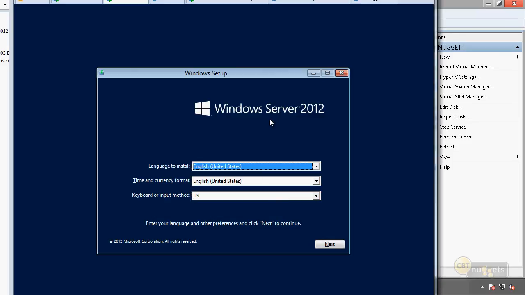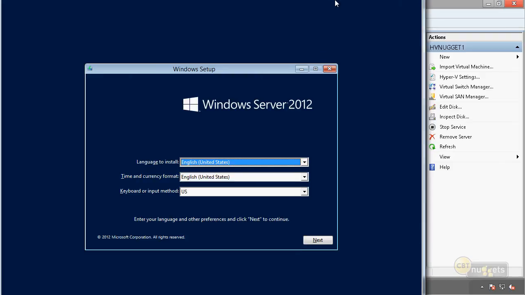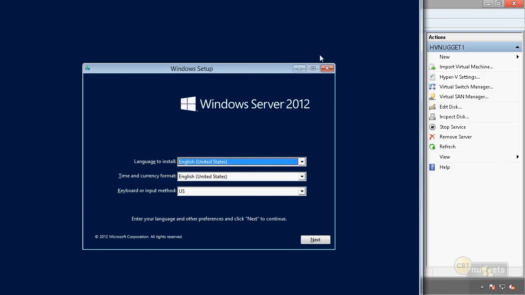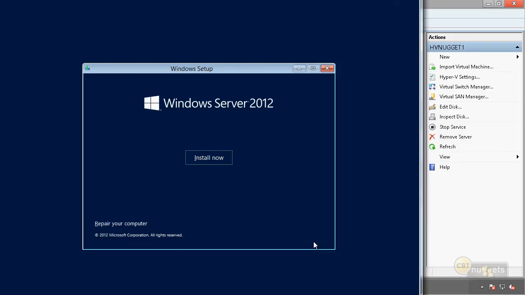It's just a basic UI that you'll have. You'll see this whether you're going to install Core or whether you're going to install the full graphical user interface. And then we can just choose your language and keyboard input, all that kind of stuff. You'll find that this installation of Windows Server 2012 as well as the upcoming Windows Server 8, is very easy. There are much fewer steps than we ever used to have.